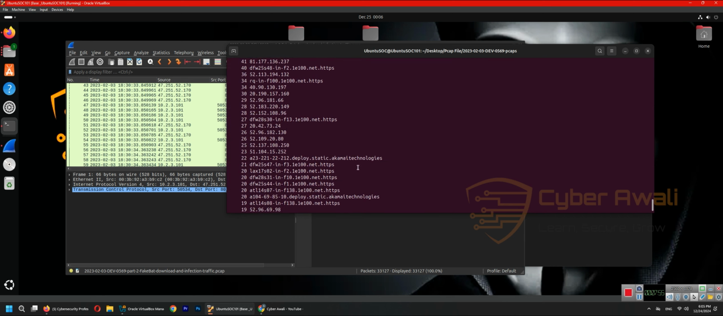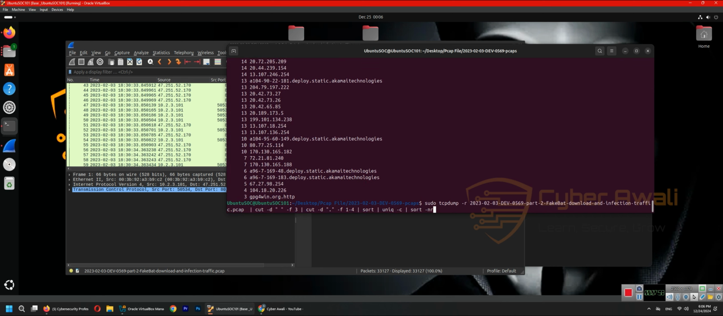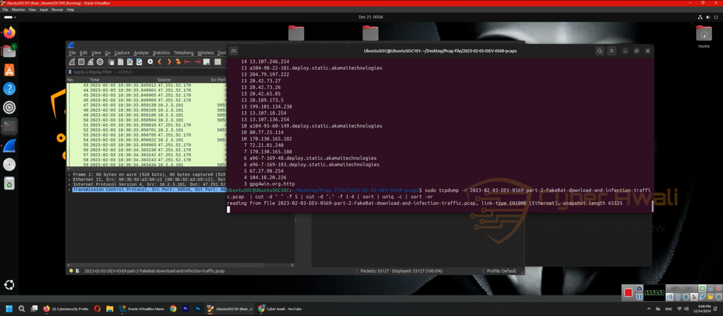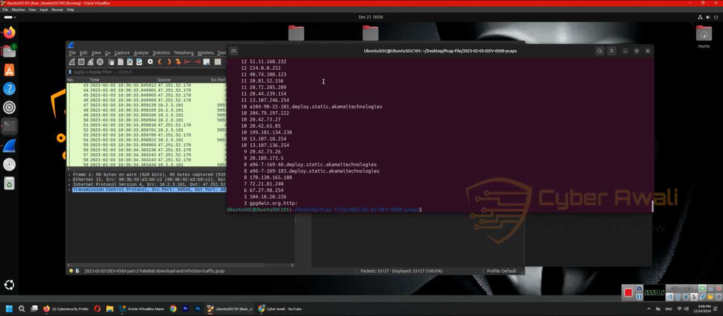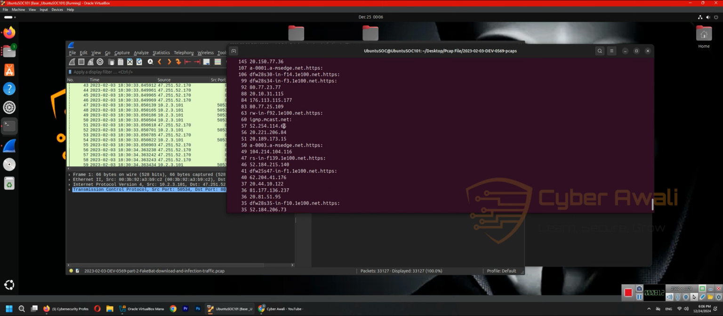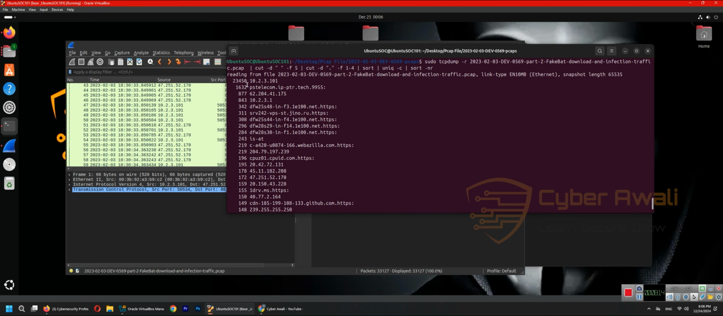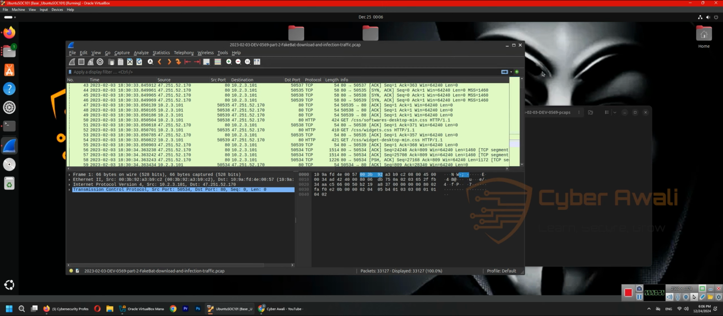10.2.3.101. And if I want the top destination port, all I have to do is come right here, and I know by experience that this one is field number 5. The destination is always field number 5. So all I have to do is press enter, and right now I have the top destination IP address right here. So this is how you can do it by tcpdump,